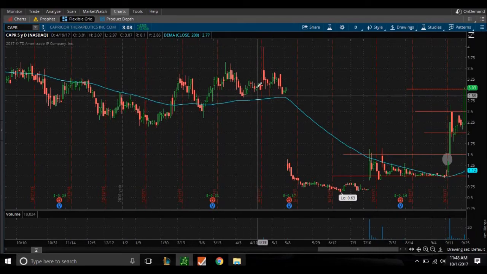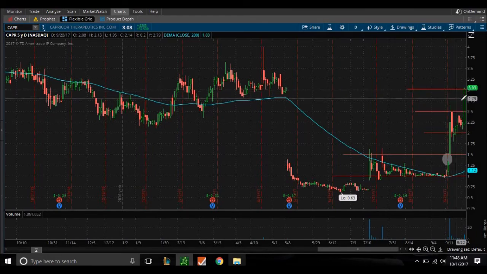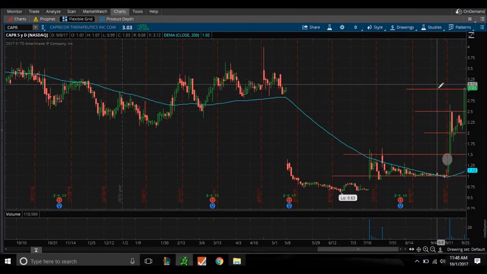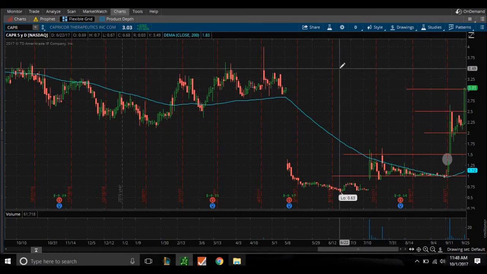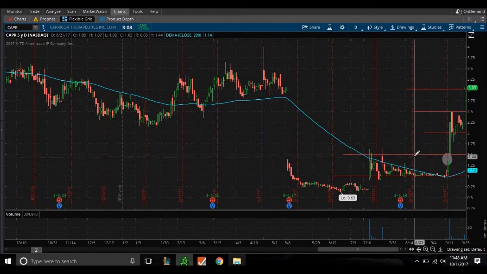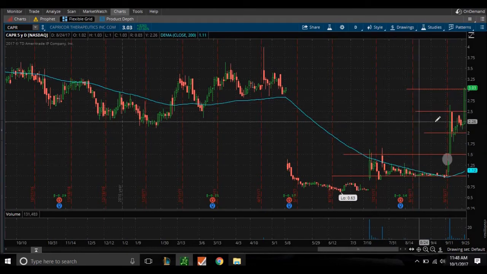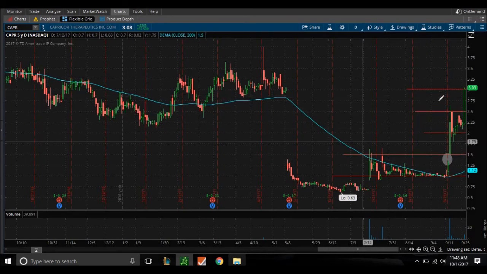So for me personally, I'm going to watch to see what the price action does on Monday. I'm going to look to see if $3 holds as support or resistance. If it holds as resistance, then I get in for a short, risking off $3. If it holds as support, then I buy it, risking off $3 as my support. And I see if I can get 50 cents a share of profit, $1 of profit, because this stock already showed us that it can move $1 in a day, right? It already showed us that it can move 50 cents with no problem, because these short sellers keep piling in